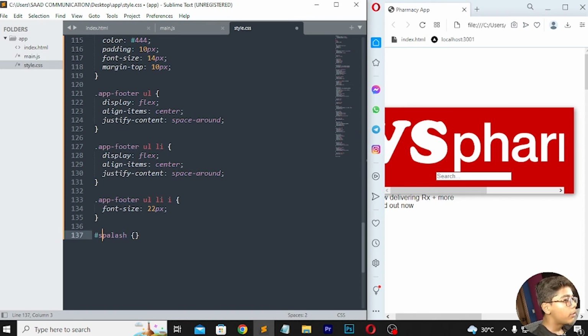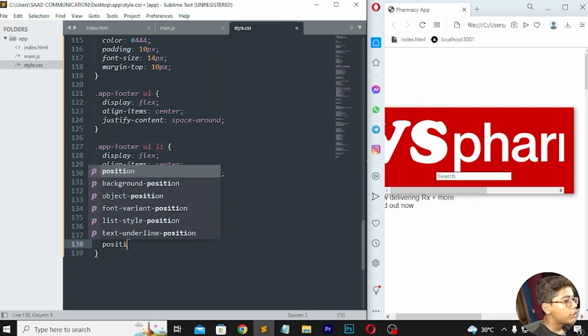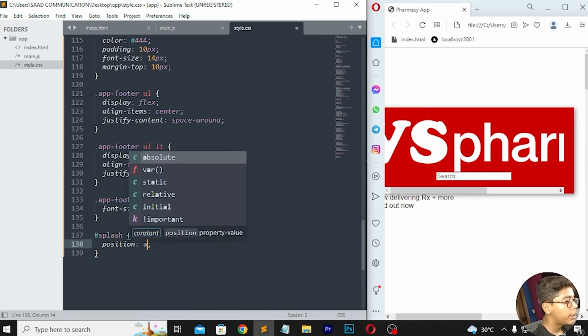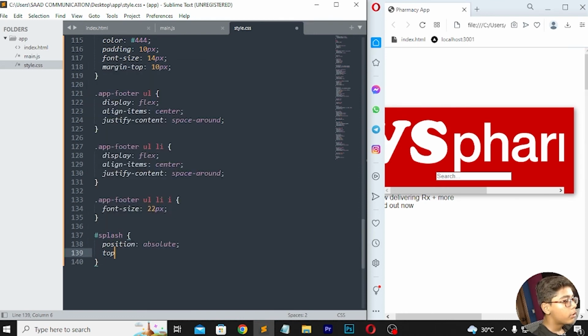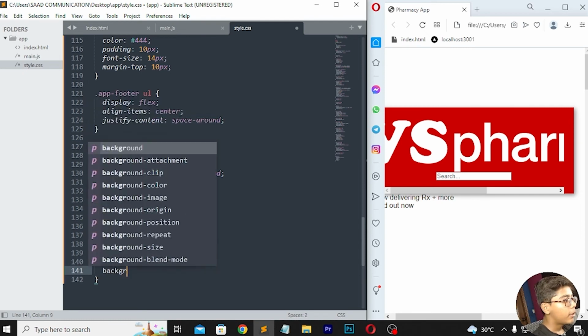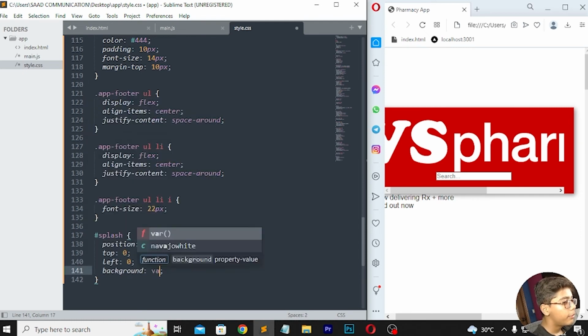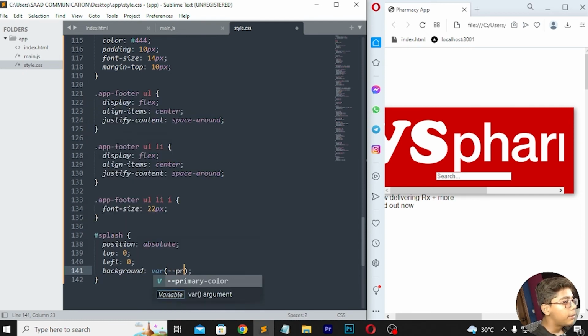So here I will be now raising this a from here, then move down, right here position, and here I'll be writing absolute, then right here top 0, then right here left 0, and then background you have to write which should be having var, then right here primary color, then when you've done that you have to write here height which should be 100 vh, then right here width which should be 100%, then right here z-index 2,